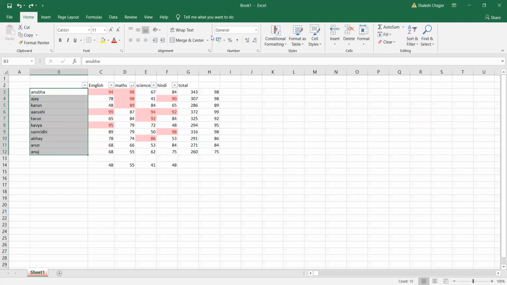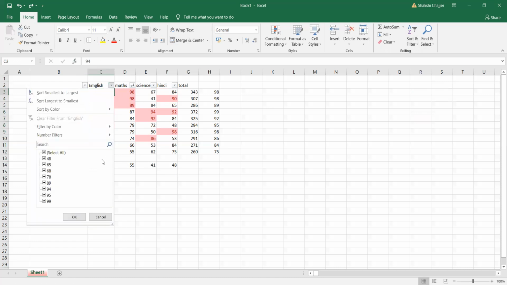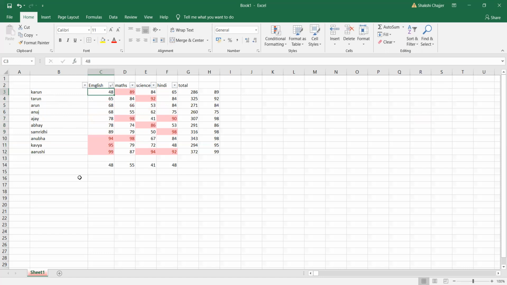So here, what happened? Only the name got changed. Marks didn't get changed. But now when I'm selecting it from here, let's say I want it from smallest to largest, you see the entire thing is getting changed. Even the names are getting changed. The marks are getting changed. So the marks are going with the same specific person to whom we have given the marks. So everything is getting changed over here. With this, we have completed the sort option.